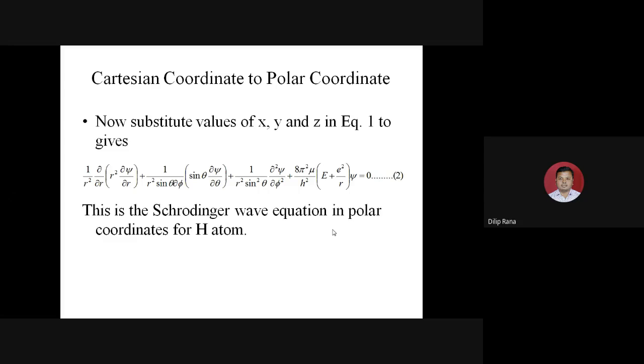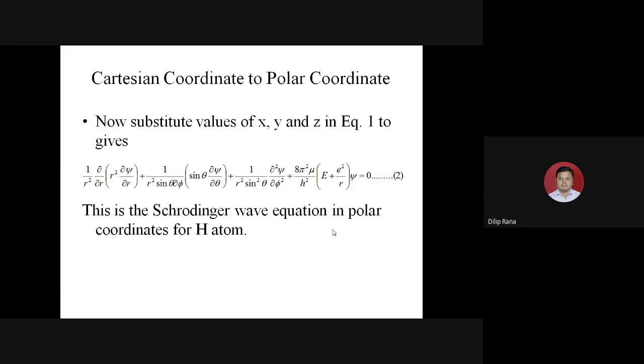Now if we elaborate this polar coordinate with respect to its simplification, we can have major information related to its radial function and its angular function. What is the meaning of radial function? Radial function depends on the radius. It is the distance of the particle from the nucleus, from 0 to infinity. By knowing the radial function, we can determine the size of that atom, because it is the maximum distance of that electron from the nucleus.